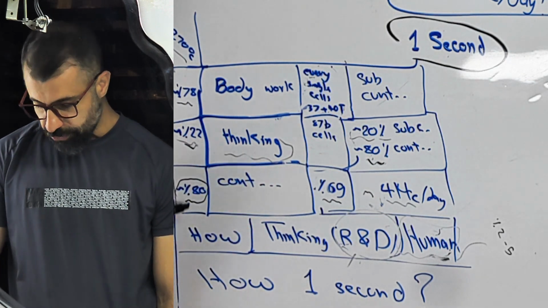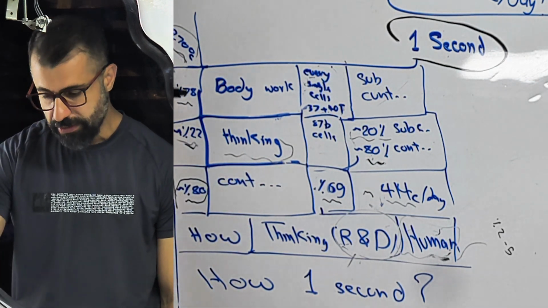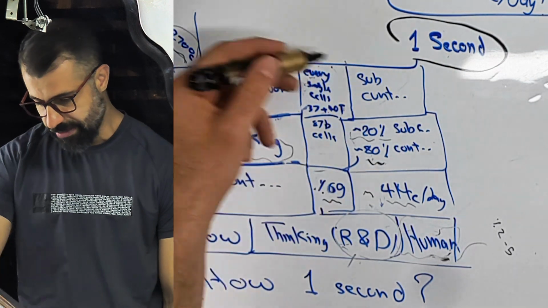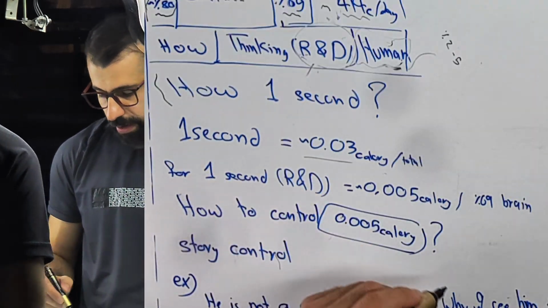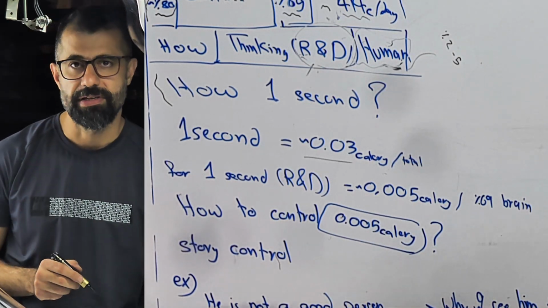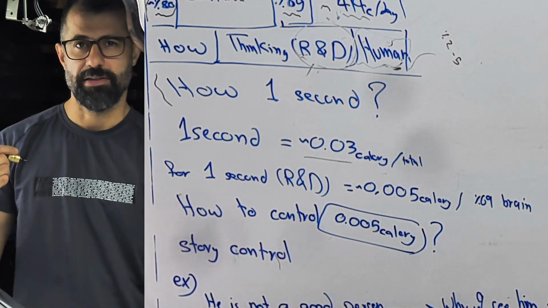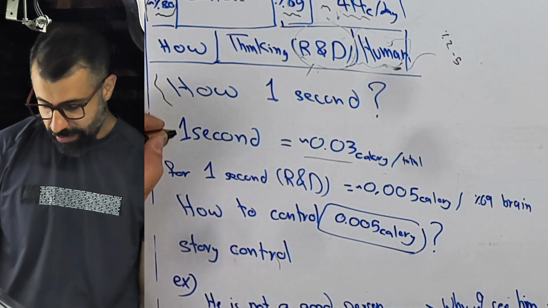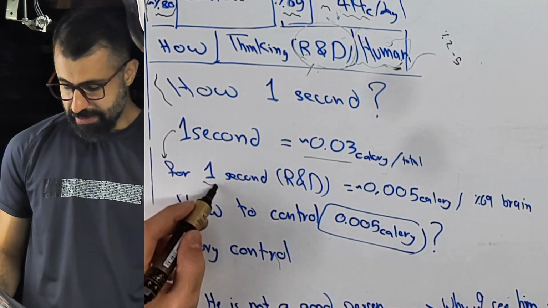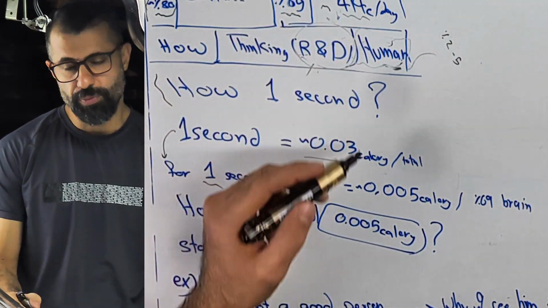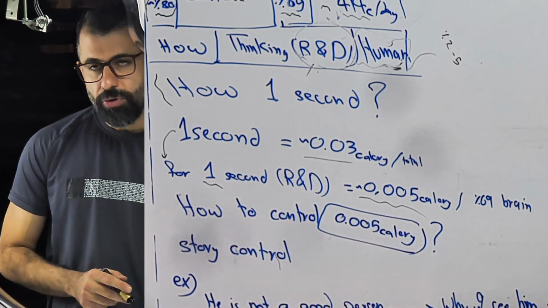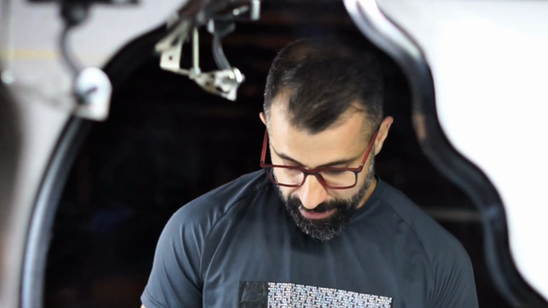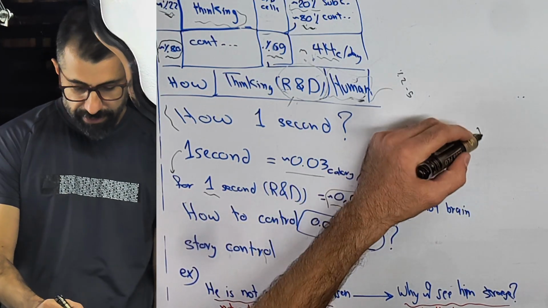So how to break down this 2700 calories into one single second? By this formula, in one single second in total we are consuming around 0.03 calories, like the body, the brain and everything. But the one that we are interested in is the 1 second of R&D, the one that we as humanity have control over, which is roughly around 0.05 calories, not percent. So this is where my method, the logic,